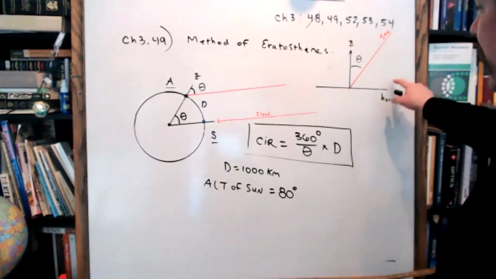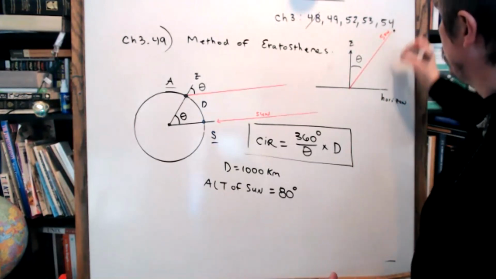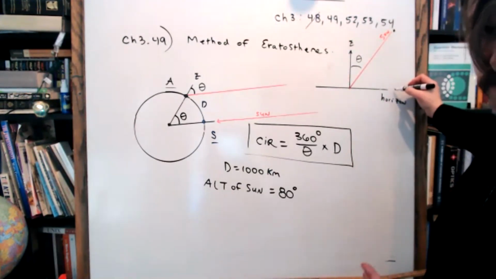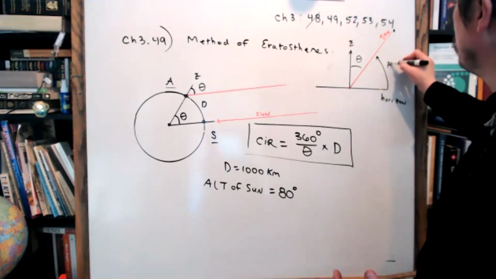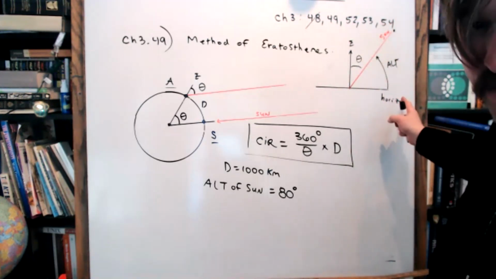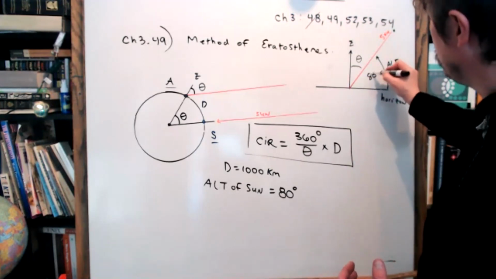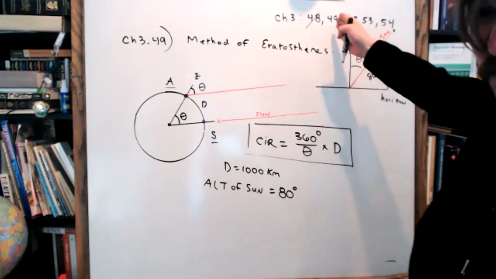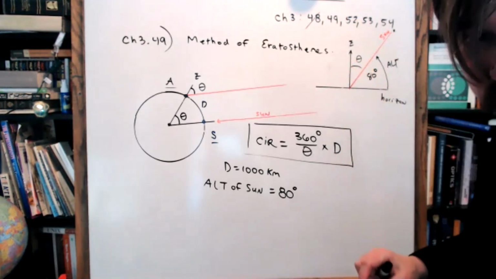I wanted you to recognize that the altitude of the sun is up here, right? You would go to your nearest horizon, which is your southern horizon, and the angle would be the altitude of the sun. It's the degrees up from the closest horizon. So not 180, Jenna, but if this is 80 degrees, and Ian eventually did get there, we have to subtract from 90 to get theta. Do you see what I mean?